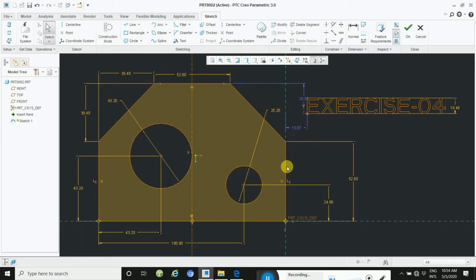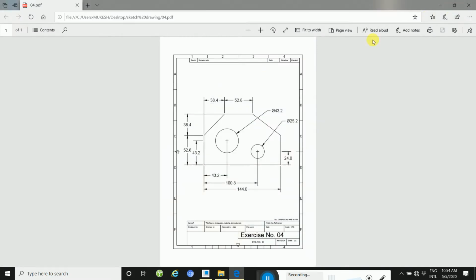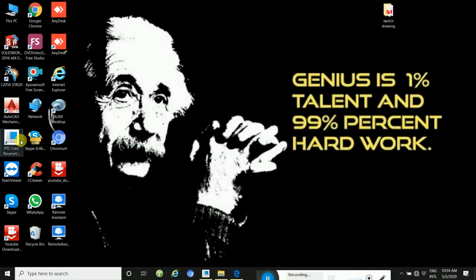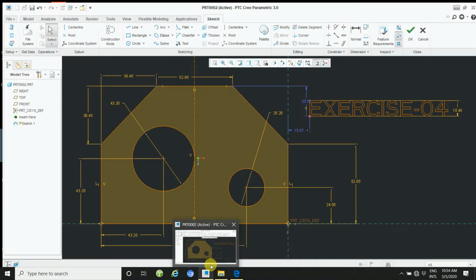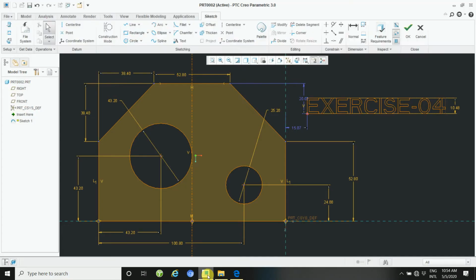This is Creo. First go to and open the new file. Here another file is open.